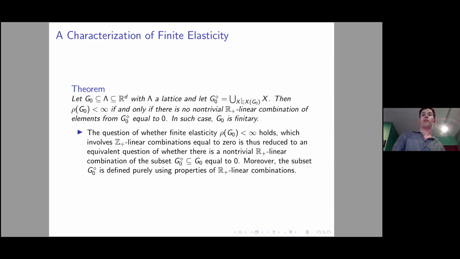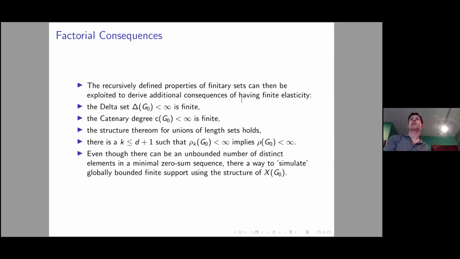In the little time that I have left, I'm going to put one last slide here that's mostly for people already familiar with questions of factorization, because I don't want to go into all the details of defining everything. But the elasticity is not the only way to define regularity for factorization. There are other measures often used in the literature, and I've listed some of them here, like the delta set or the catenary degree, or some structure theorems for unions, some smaller higher order rho-k invariants. I'm not going to define these, but these are different ways used to measure whether factorization is wild or somewhat tame in different settings.